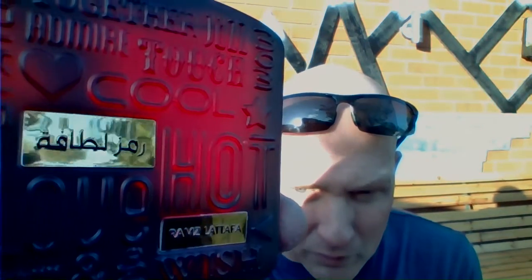Now, I have another one in my collection, same again. So it's Lattafa's RAMZ, and this time it's called Gold. Okay, similar bottle. It's got all the silly words on it: jazz, love, mom, hot, whatever it says, status, crazy words. A ridiculous bottle, but we don't talk about the bottle because the bottle is not what it's about. Let's talk about the juice inside, and for that I need to spray it. Okay,